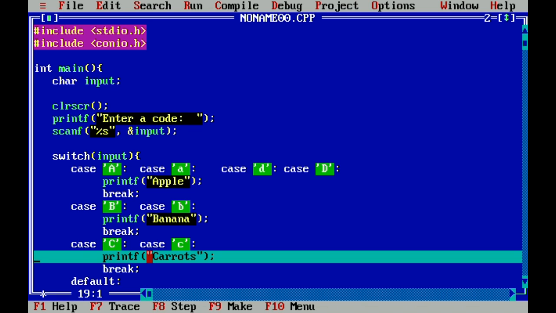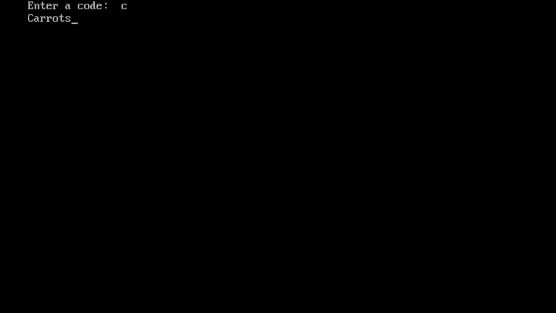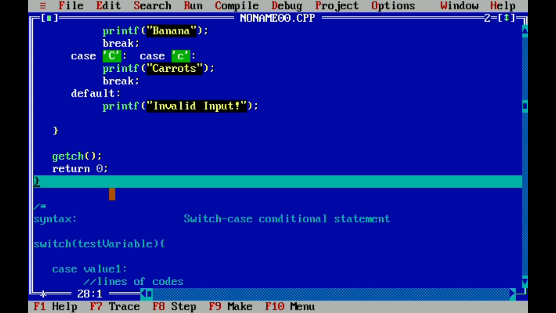Then it follows the break and immediately terminates your switch case, and moves to the next statement, which is getch. That's why we were able to see the cursor. And then after pressing a key, it terminates our program.